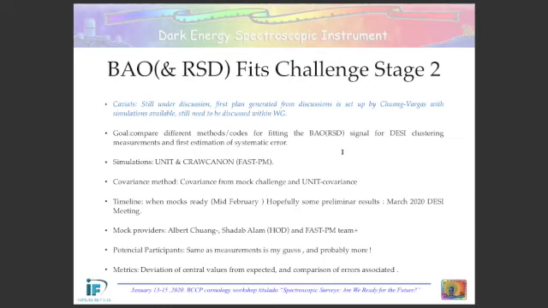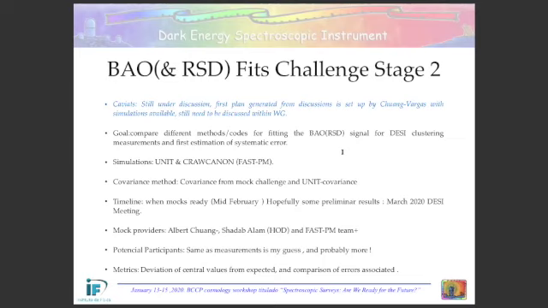The idea of stage 2 is that it comes exactly after the covariance matrix challenge. The idea is to use whatever simulations we have available now, the mock simulations, and then use the covariance matrix that we are getting from this covariance challenge. This is also completely under discussion, so nothing is settled yet.